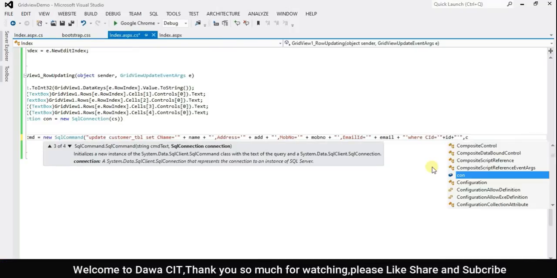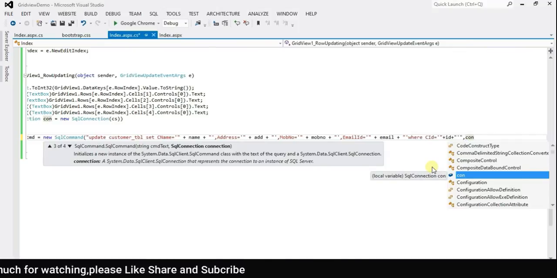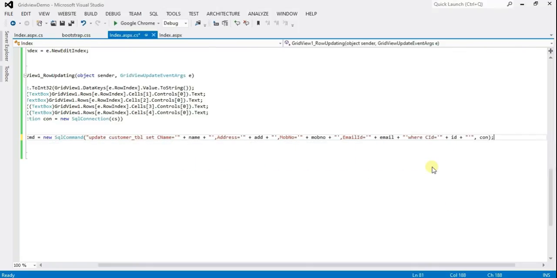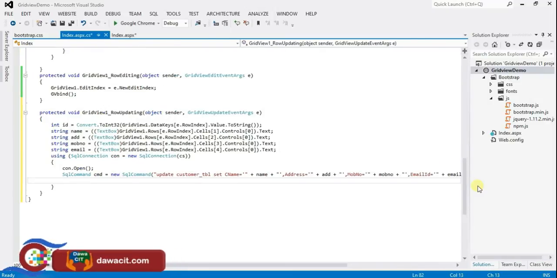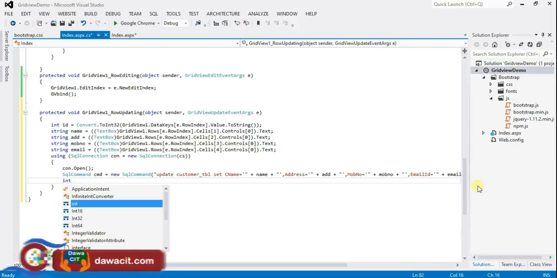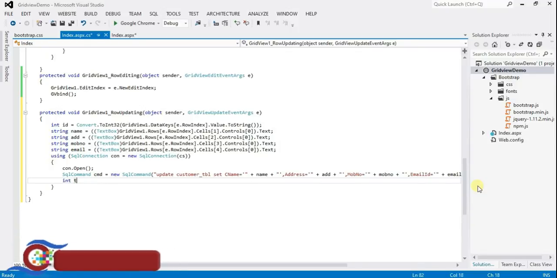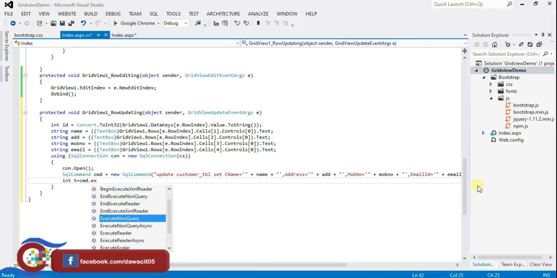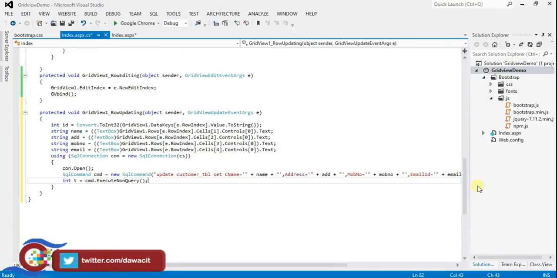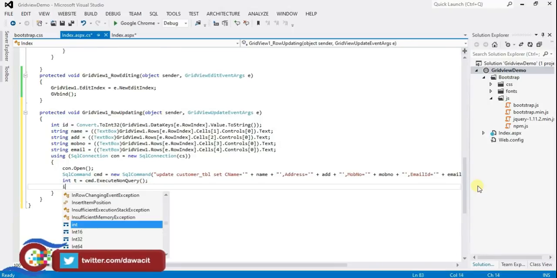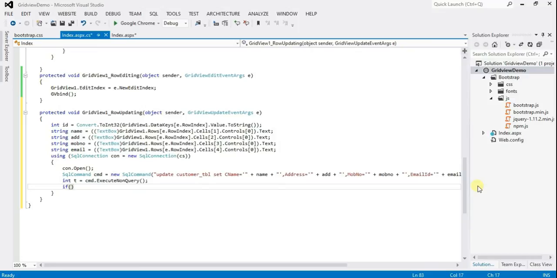comma, con, semicolon, enter, int t equal to cmd dot execute non query. If t is greater than 0,